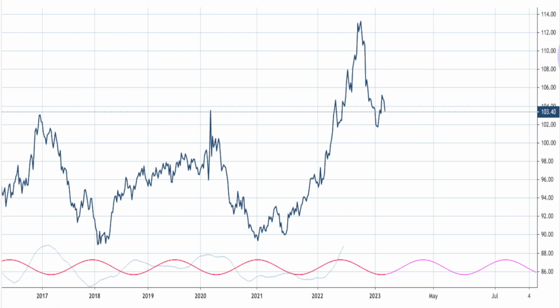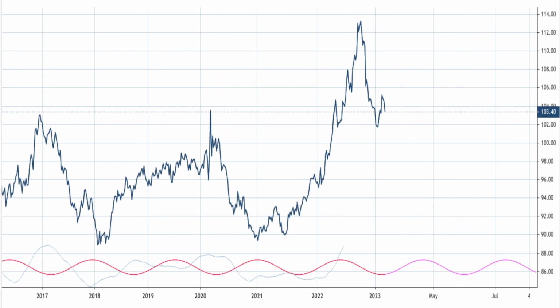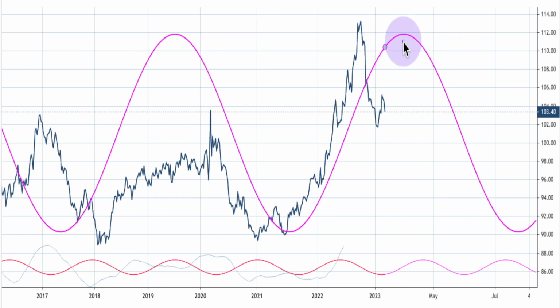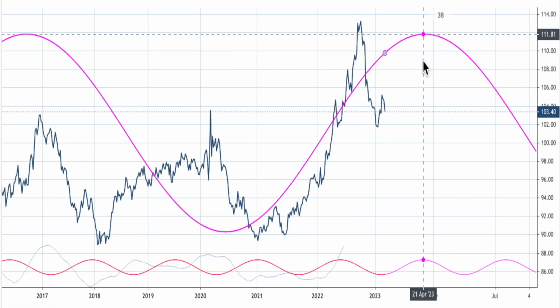But there are three important cycles here. The first one is the 181. It's one of the strongest cycles. This cycle is down till like May 27th. The second one is the 227. This one hits a peak, so this one is still bullish all the way to like April the 1st, 2nd. And then the last one is the 395, and this one is bullish, and it's a peak somewhere around April